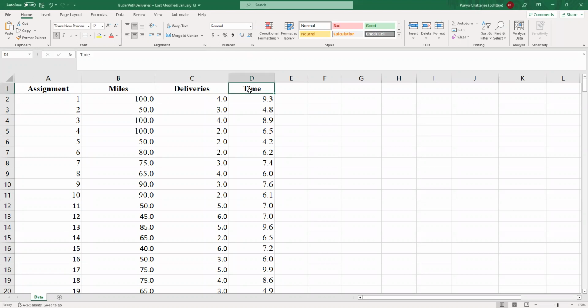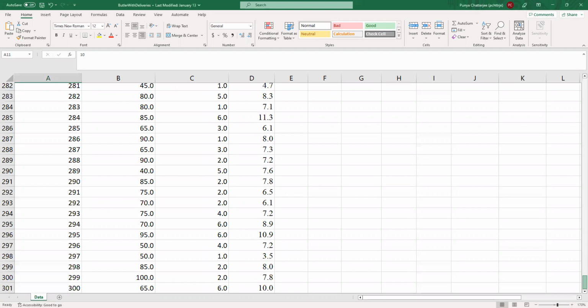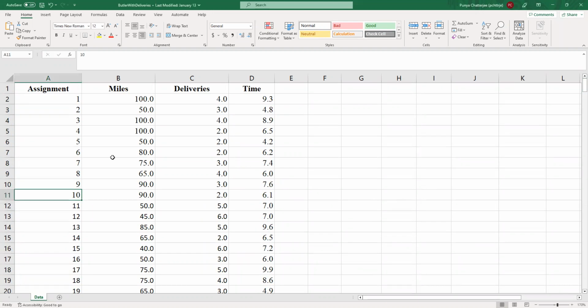Okay, so the difference that I have in my data file is that first of all, we have a lot more data points. So last time we only had 10 data points, but in this new data file, I have, I think, 300 data points. The second and major difference that we have is that we have two independent variables in